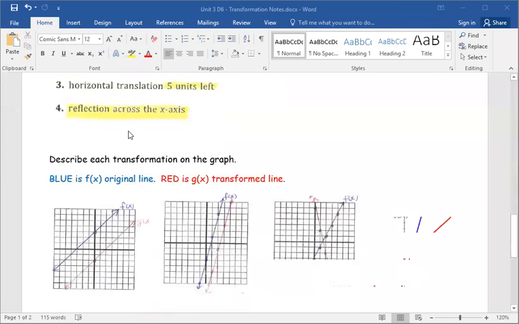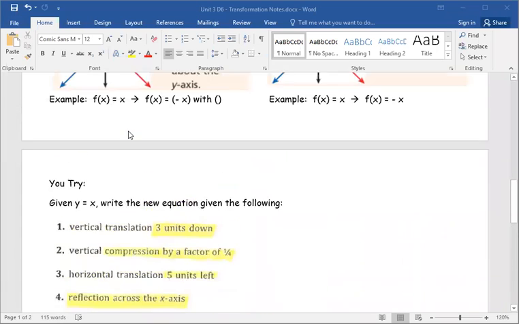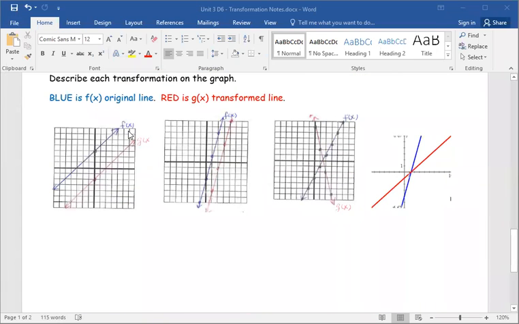All right, the last thing you're going to have to do is recognize them by a graph. So describe each transformation on the graph. Blue is the original, red is the transformed line. In other words, what happened? And we just want to describe them. If I look at them, what happened here? As I am looking at this first one, notice that they have marked these 2